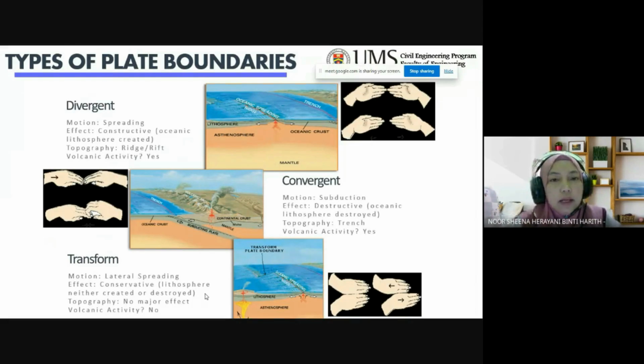Okay, so these are the three types of plate boundaries. If we have divergent plate boundaries, the divergent is a motion of spreading, so the plates move away from each other, one side to the other side. So it creates a spreading of the plate. The effect is constructive, so oceanic lithosphere is created. We can see some big lines on the sea floor, which we call divergent plate boundaries. It creates ridges and rifts, and it can have volcanic activity for the divergent type of plate